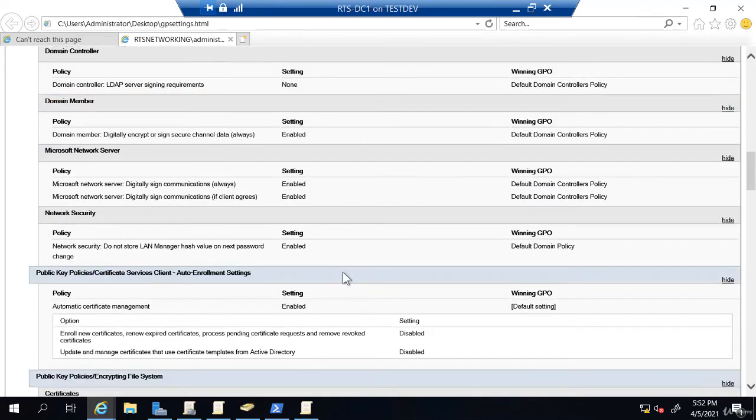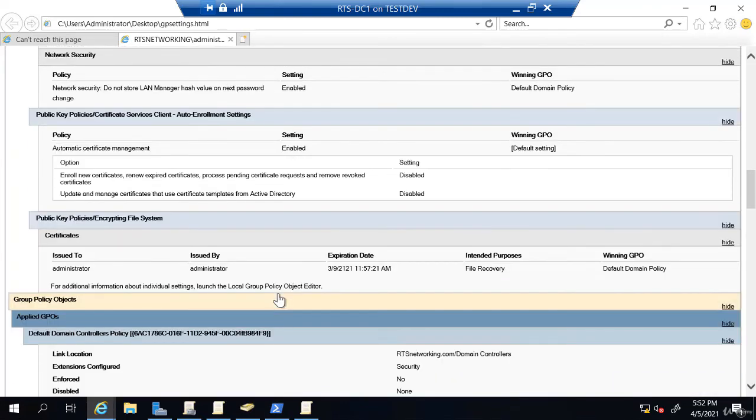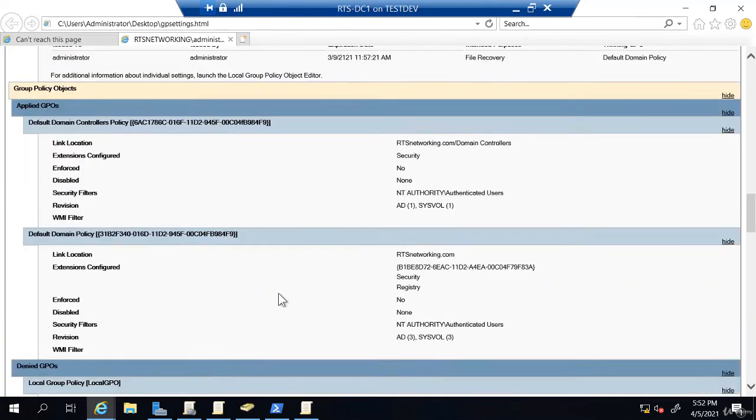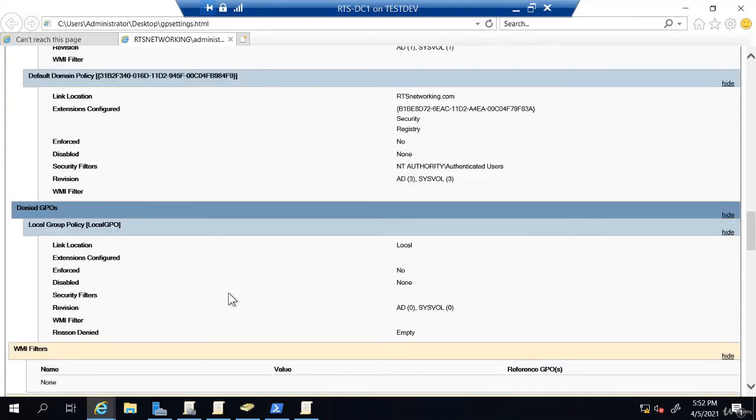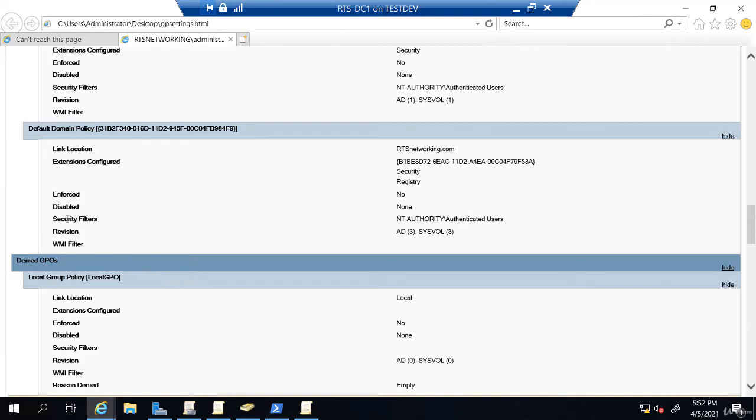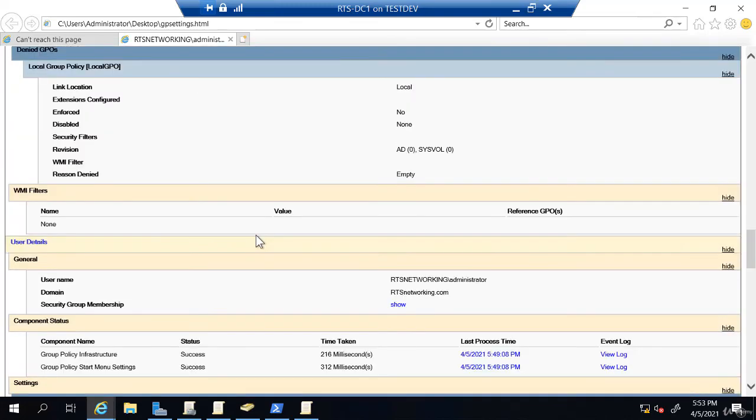Well, if we scroll down a bit, because most of these are just default settings, but if I keep scrolling, we also talked about security filtering. When I look at any of these policies, I can see the security filter is the Authenticated Users group. So this is not being filtered to a specific group. I can see that this is not an enforced policy. It says enforced: no. So it gives you even that level of detailed information. If we keep scrolling,